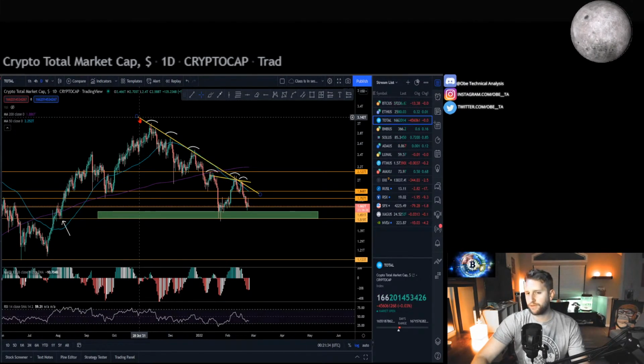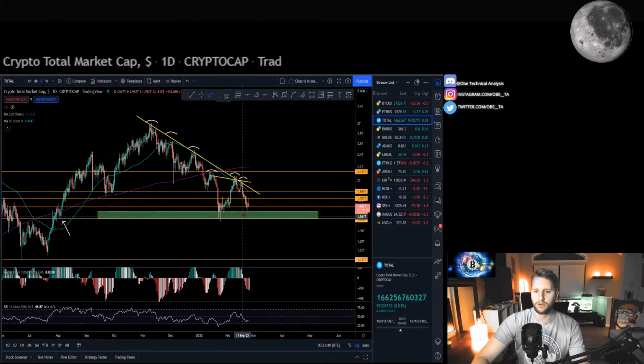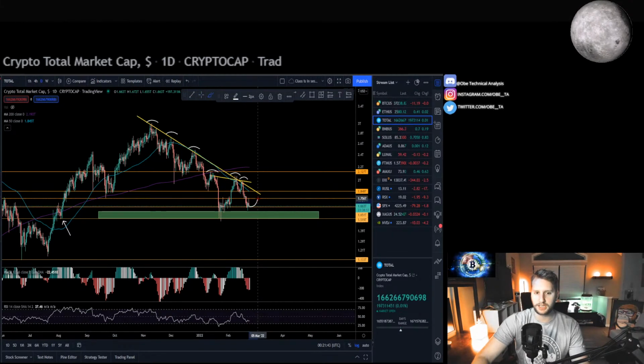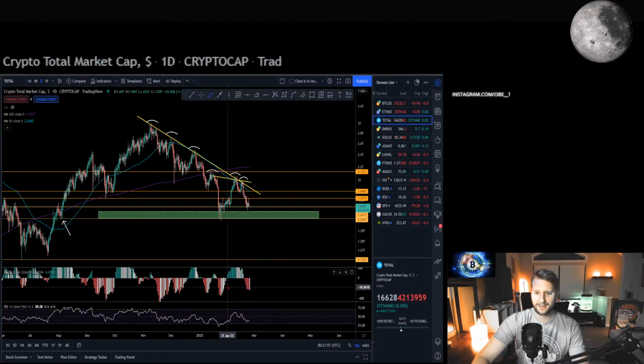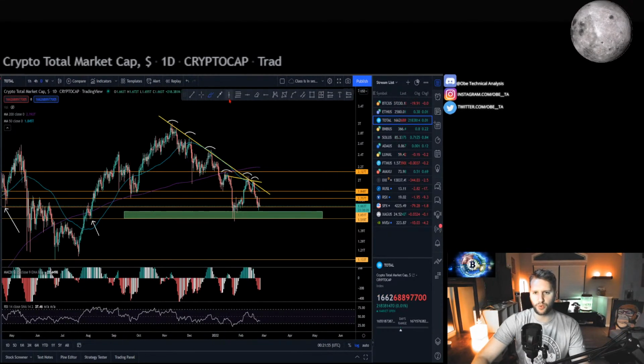If the trend is your friend and you're trading with the trend, you're in a shorting environment right now. You catch relief once it gets up to a major support resistance, whatever it is. That's when you look to take the short position. Until we start getting real divergence or anything like that, that's just the way it is.